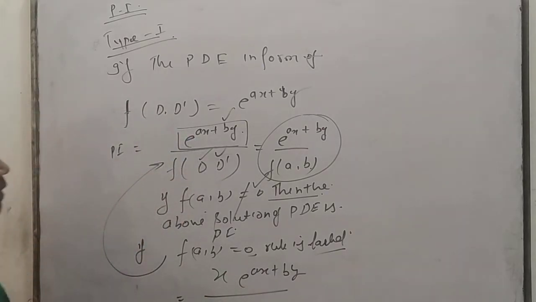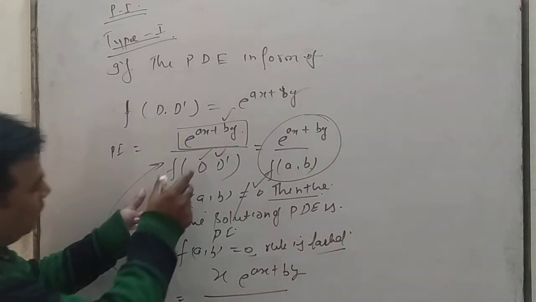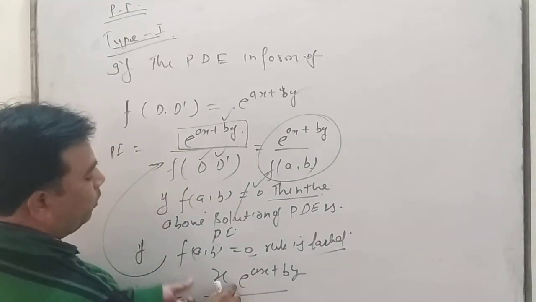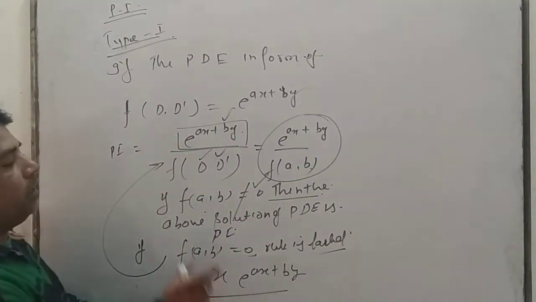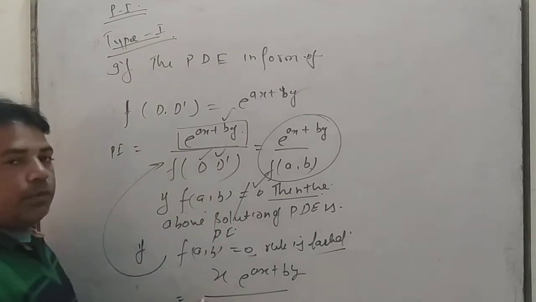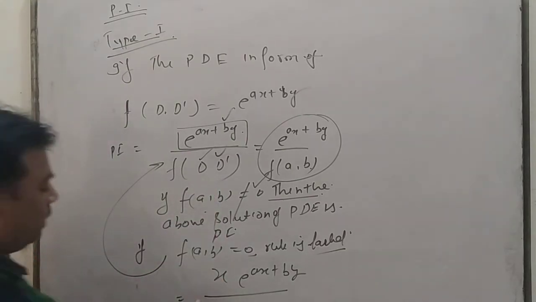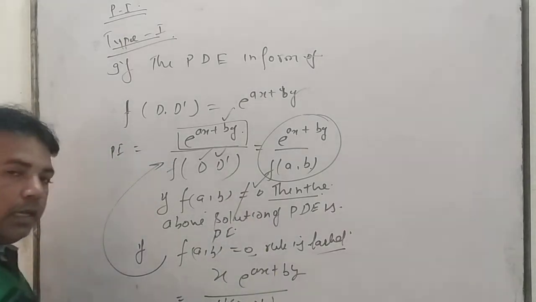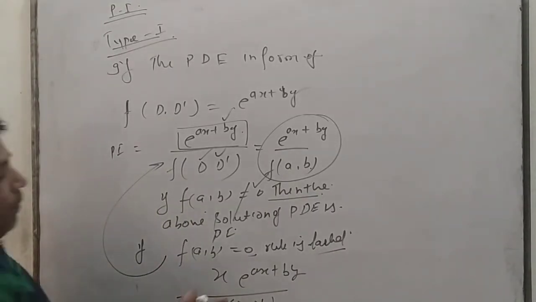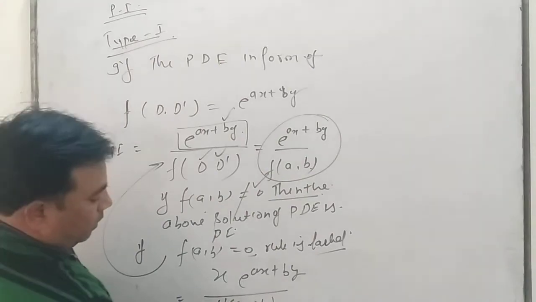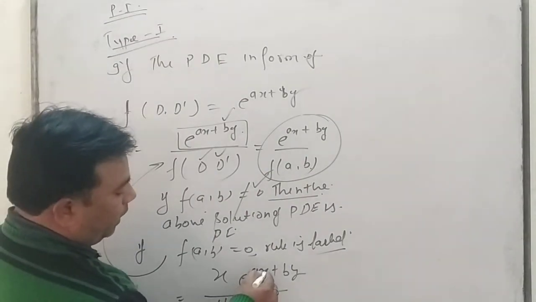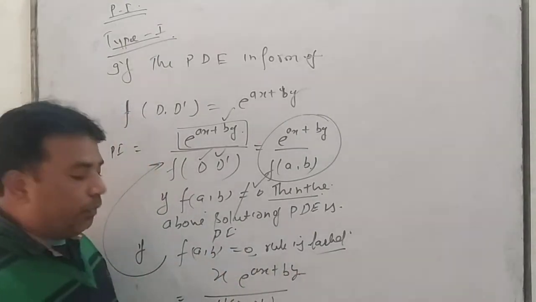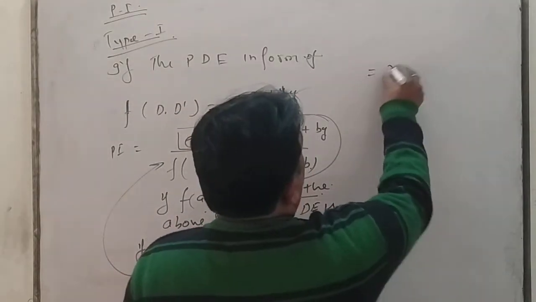After then, differentiate this denominator and multiply by the numerator in x. After then you differentiate the denominator with respect to d, so f d comma d dash. Again apply the process as in the previous method. In place of d you put the value of the x coefficient. In place of d dash you put the value of the y coefficient.